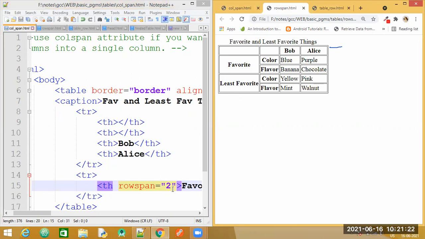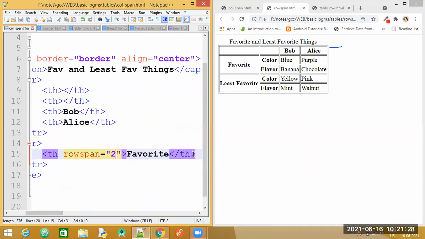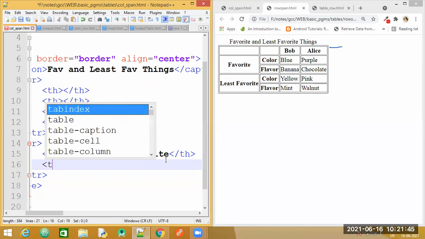I think we should create another row. Yes, and then mention the row span, then it will reflect. Yeah. So we'll come down to this. So first what I'm going to do is I will just continue with these. I'll just create these 2 more headings here. Okay. We have color and flavor here. Let me specify it. So we require another TH tag.